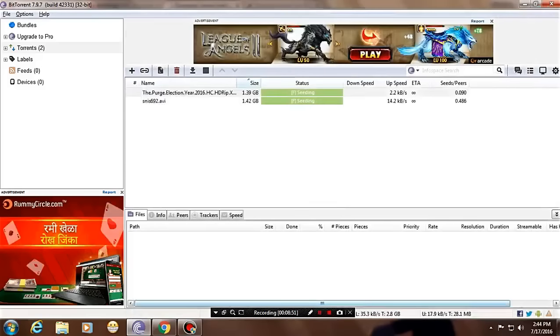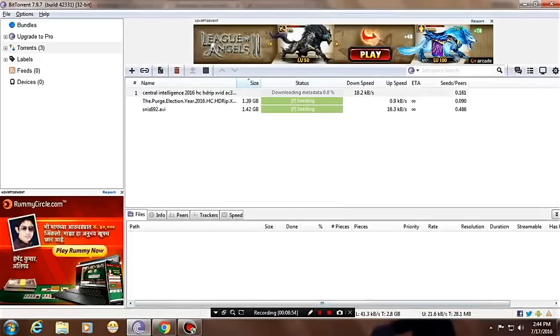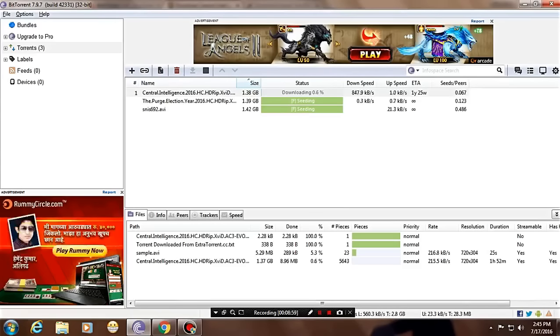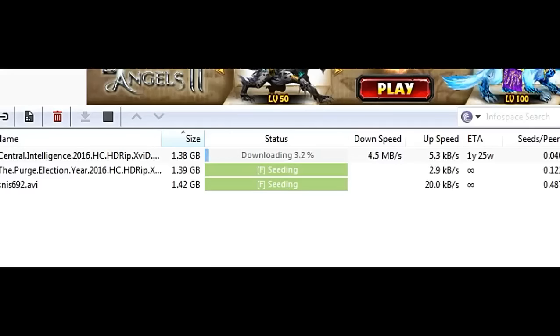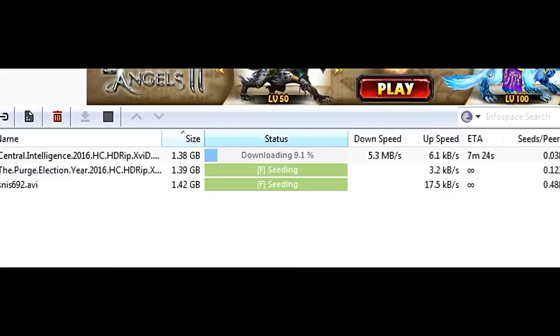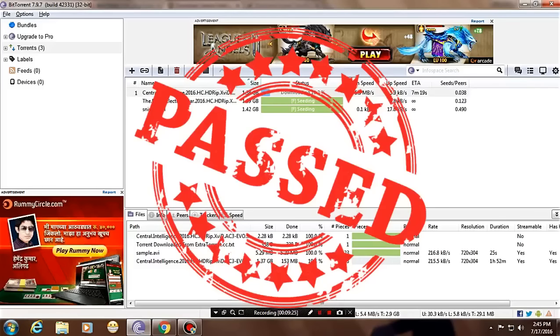So here it is. Now let's start the downloading speed. It's 151, 1.9, 2.8, 3.4, 4, 8, 9. Come on, let's go to 5. 5.4, 5.5. I think it will touch the 6. Yeah, it will touch the 6. So whatever the thing, I think this preference really helps you guys.